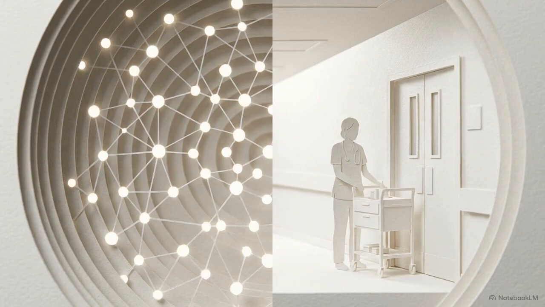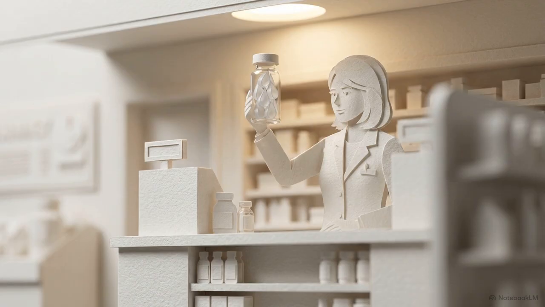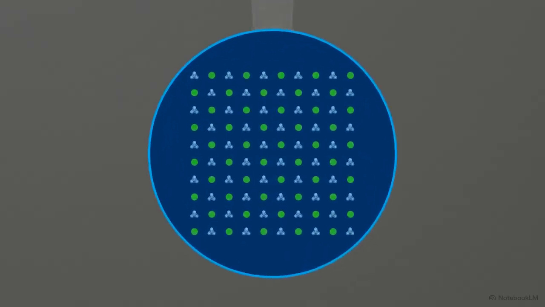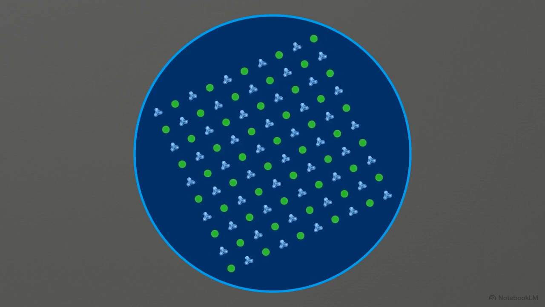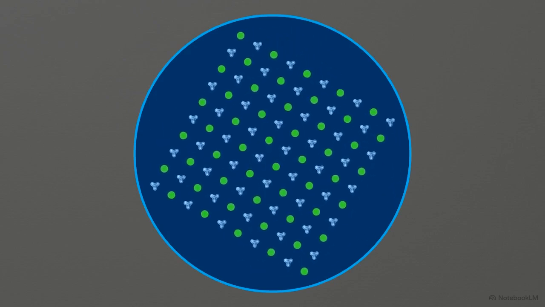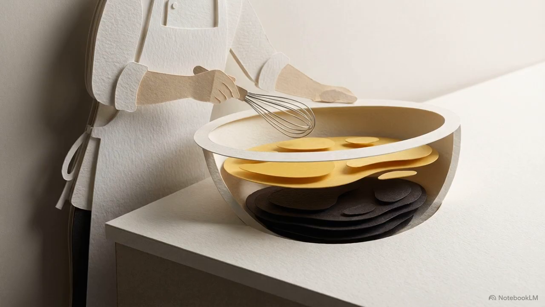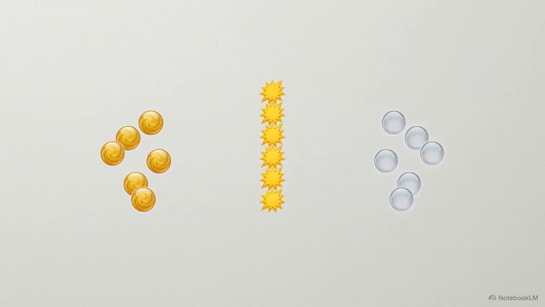These microscopic rules dictate the success of vital professional work in the macroscopic world. A pharmacist relies on the uniformity of solutions to guarantee safety. In an IV saline drip or an oral rehydration solution, every single drop contains the exact same ratio of salts to water. A chef manages the rules of immiscibility. Knowing that vinegar and oil will never naturally mix, they use a chemical bridge, like mustard, to force the two